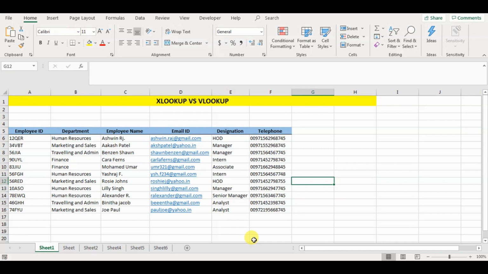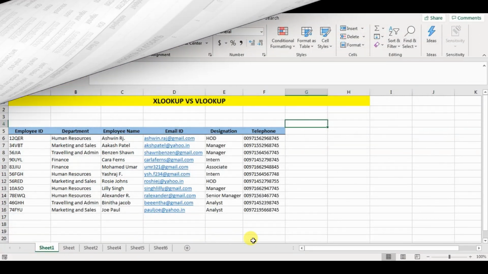Today I will be talking about our new best friend, the improved advanced XLOOKUP function. The reason he is our best friend is because through this video I'm going to tell you how efficiently it has replaced both VLOOKUP and HLOOKUP functions. I will also talk about some advanced features of XLOOKUP like the if not found feature or match mode feature. So make sure to stay tuned till the end, and without any delay, let's get into it.